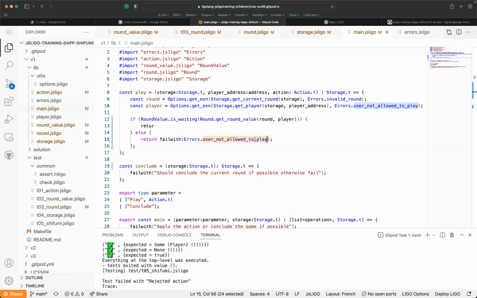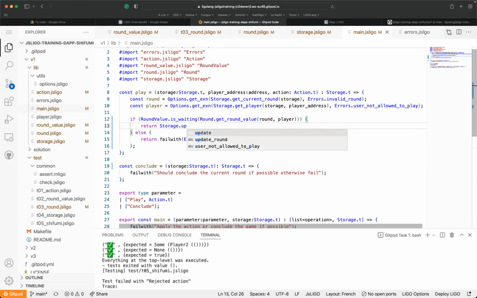So here, what we are going to do is just to return, and we are going to create a new storage. We are going to update the storage. So we call the update, and we are going to update the round of the storage. The current storage is given by the value storage here.